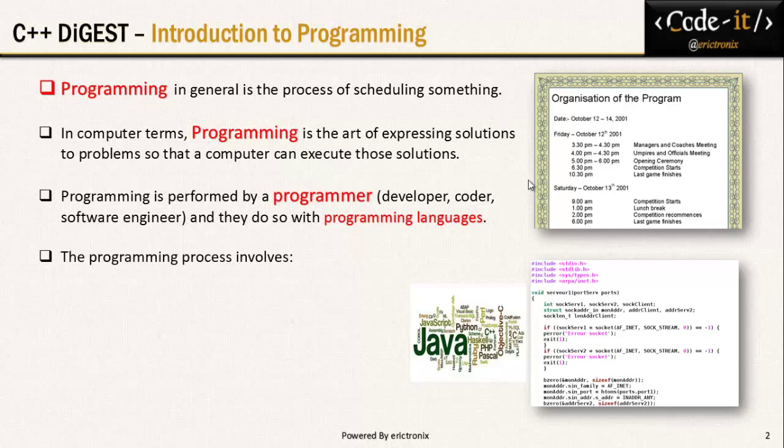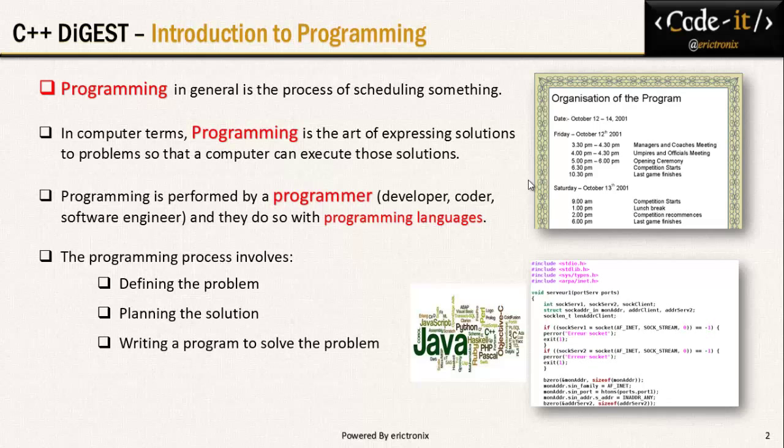The programming process involves first identifying and stating the problem clearly. Then you plan the solutions for the problem. In other words, you write an algorithm, which is the step-by-step procedure for solving the problem. Then you implement the algorithm. This stage is where the actual coding or writing of the program to solve the problem is implemented in a